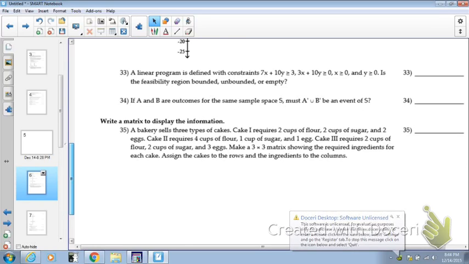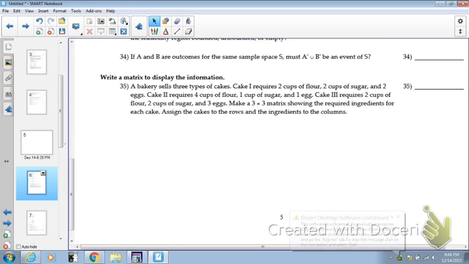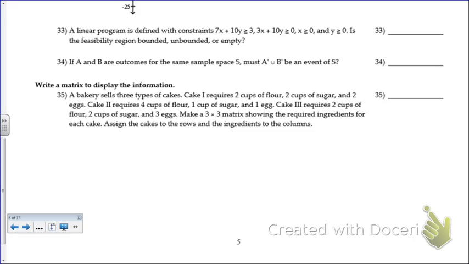Okay, 35, for that one we're just going to set up a matrix. We don't have to even do anything with it. A bakery sells 3 types of cakes. Cake 1 requires 2 cups of flour, 2 cups of sugar, and 2 eggs. Cake 2 requires 4 cups of flour, 1 cup of sugar, 1 egg. Cake 3, 2 cups of flour, 2 sugars, 3 eggs. And we want a 3x3 matrix showing the required